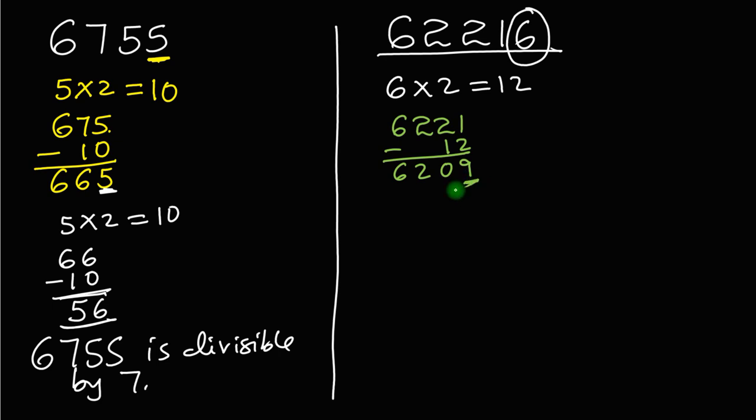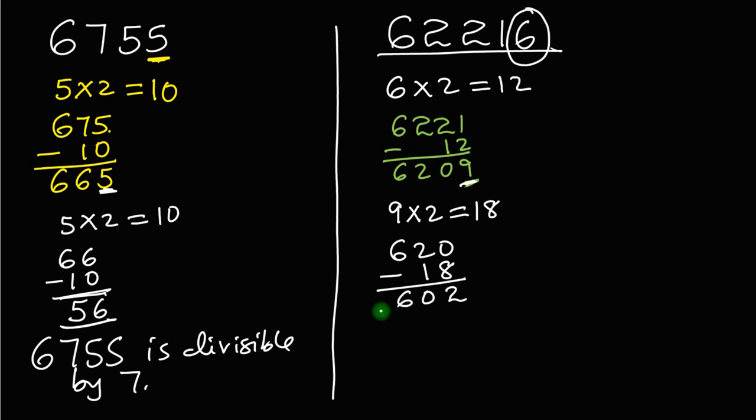This is the last digit. The last digit is 9. Again, can we double 9? So 9 times 2 will be equal to 18. So the remaining digits are 620 minus 18. We get 602. We can also repeat for the third time,